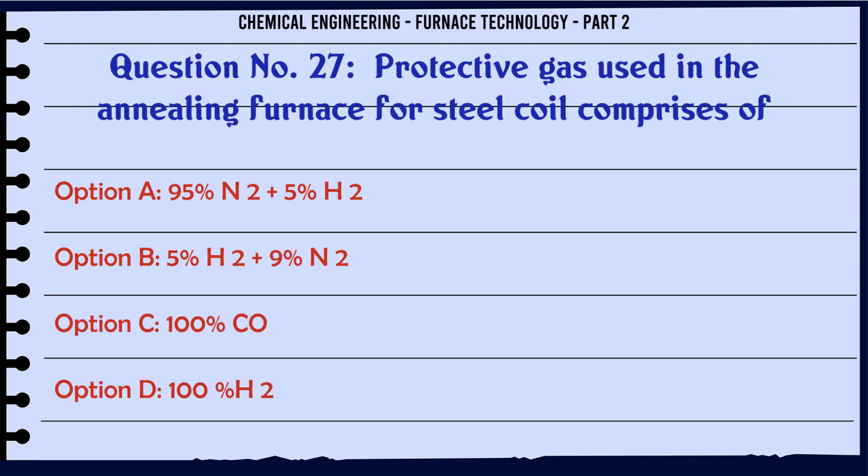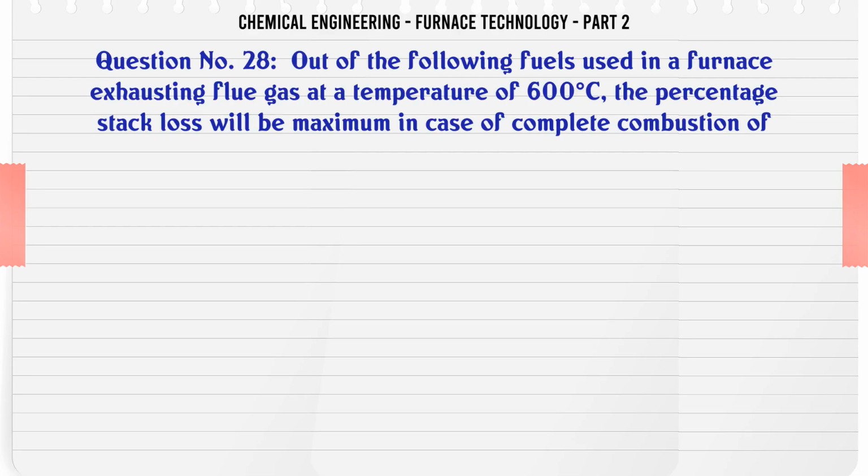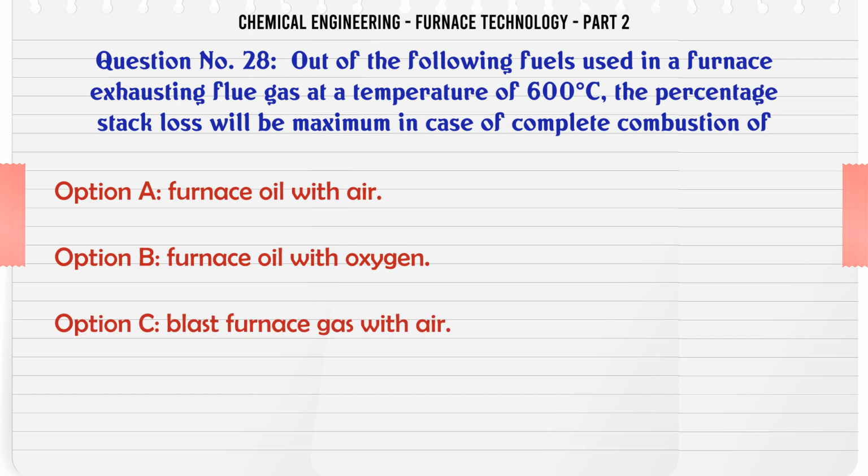A. 95N2 5H2. B. 5H2 9N2. C. 100 CO. D. 100H2. The correct answer is 95N2 5H2. Out of the following fuels used in a furnace exhausting flue gas at a temperature of 600 C, the percentage stack loss will be maximum in case of complete combustion of